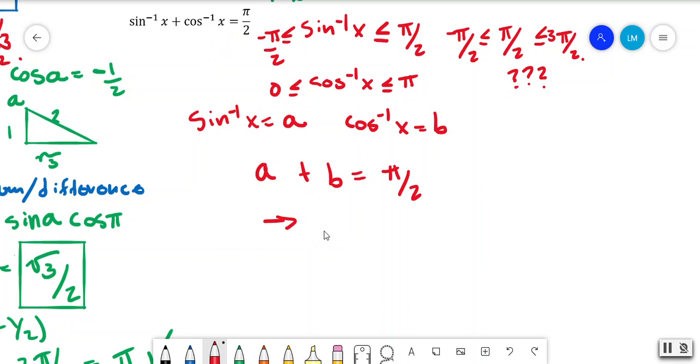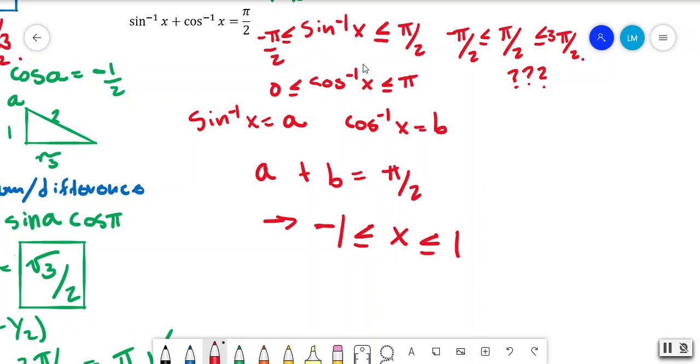It's going to be true such that negative 1 is less than or equal to x, and that's less than or equal to 1. Because all angles between negative pi over 2 and pi over 2